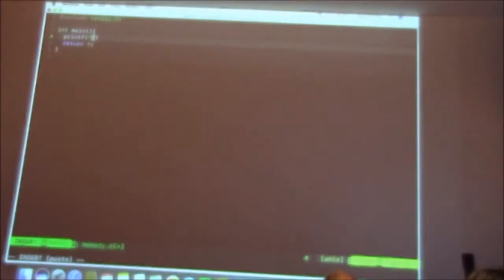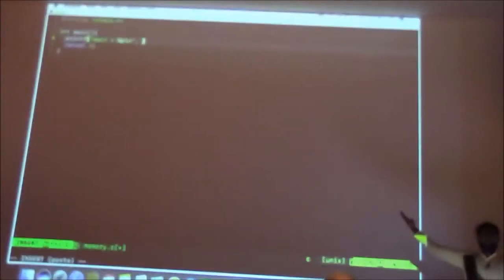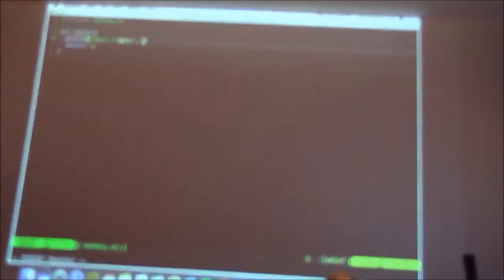So the first thing that we're going to print is, let's just try printing the address of main, okay? The address of main is going to give us the start of our code section basically. Main is just the code, so that particular function will have an address internally. And if you try to print out the address of main,